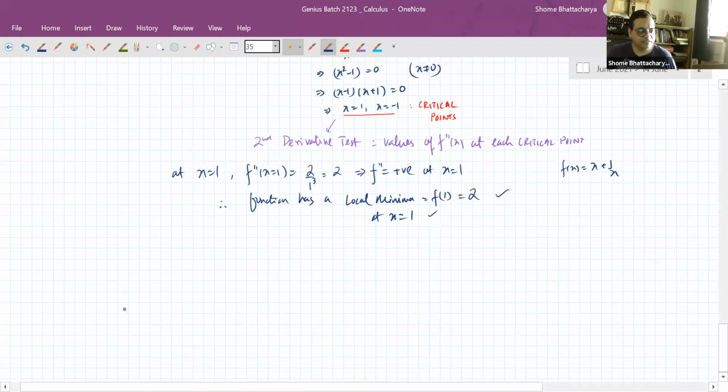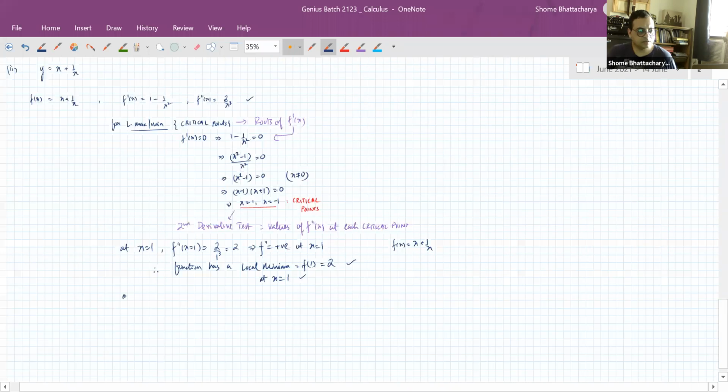So you repeat the second derivative test at x equal to minus 1. You'll see that f double prime of minus 1 will come out to be minus 2. So that means the function has a local maxima. So the value of this local maxima